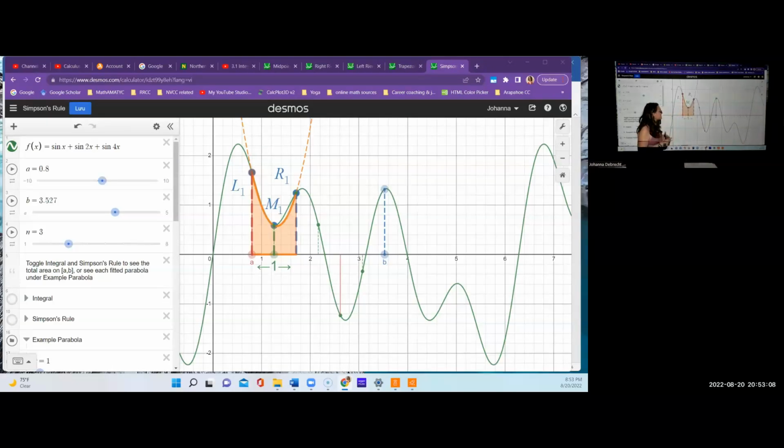Now you can see a Desmos program which has been created to illustrate how Simpson's rule is applied. This is a function, sine x plus sine of 2x plus sine of 4x, lots of sine functions involved. As you can see, it's very curvy, right? Lots of curvature here. Neither the left Riemann sum, right Riemann sum, or trapezoidal rule would be a great one